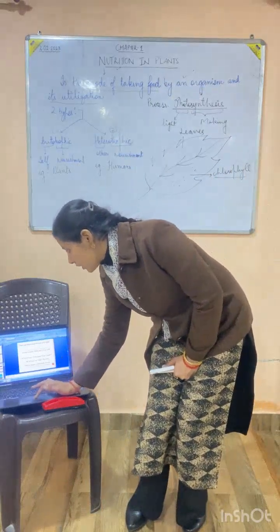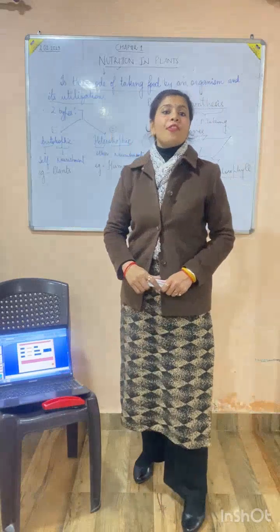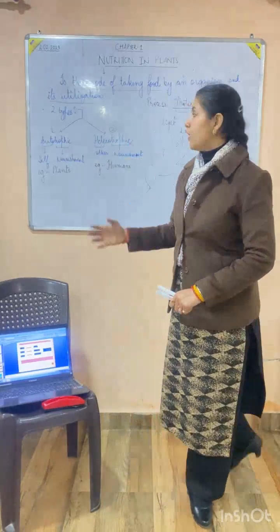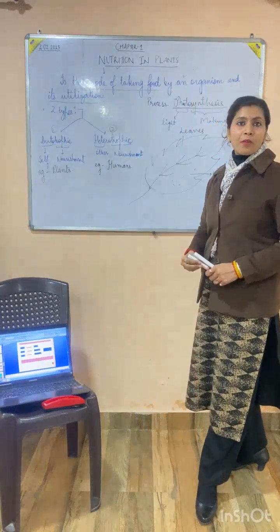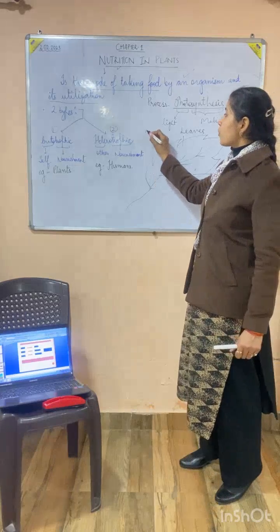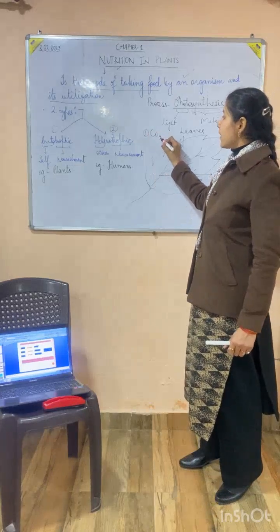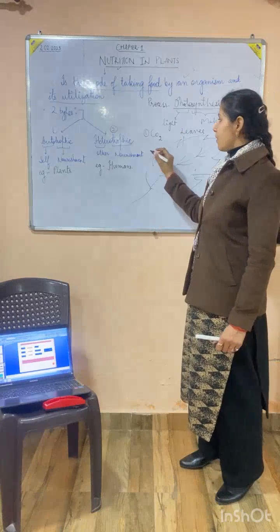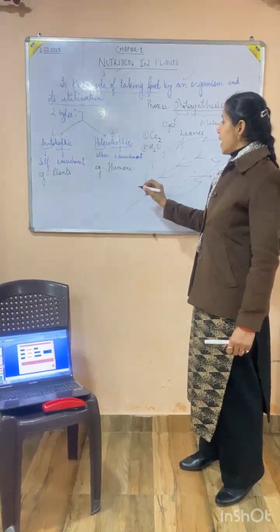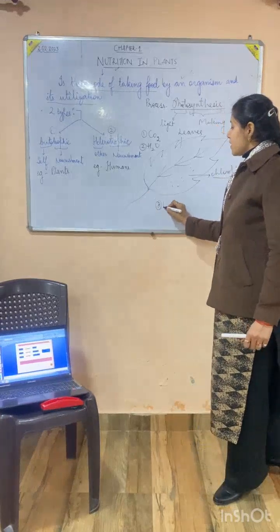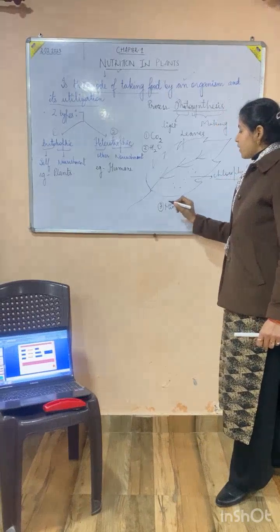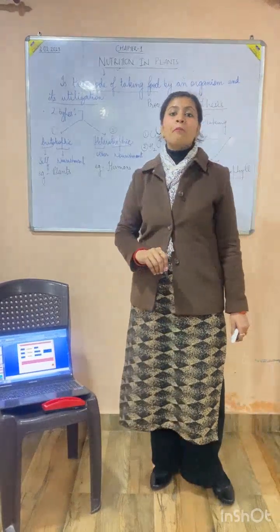As I show in this, from where do plants get the raw material? The answer is, first, carbon dioxide from air, second, water from soil, and third, minerals from soil. So these are the raw materials for making the